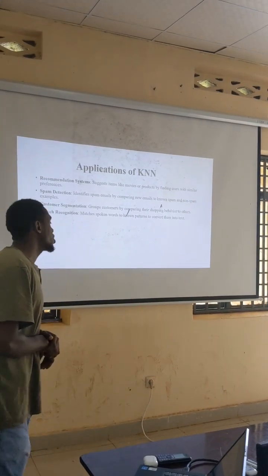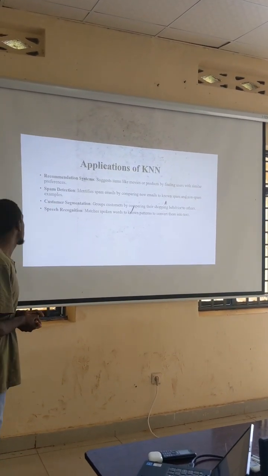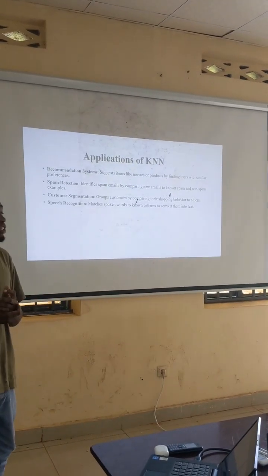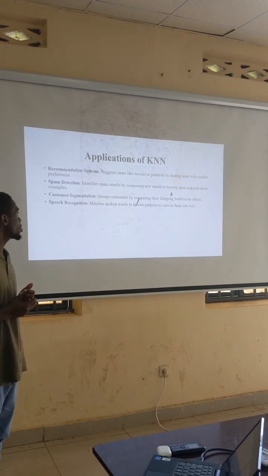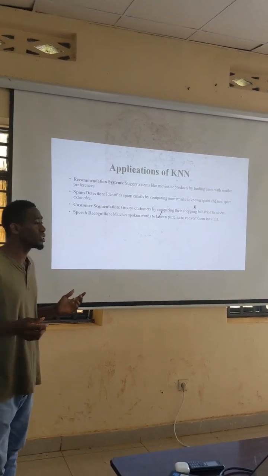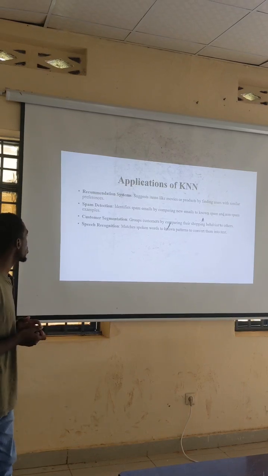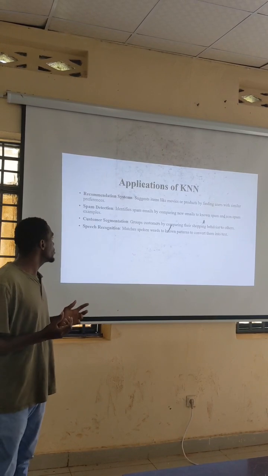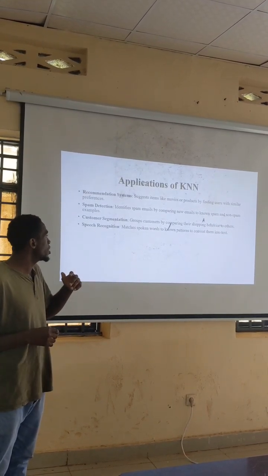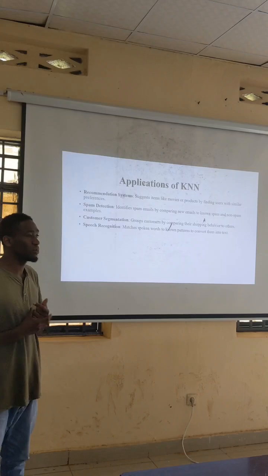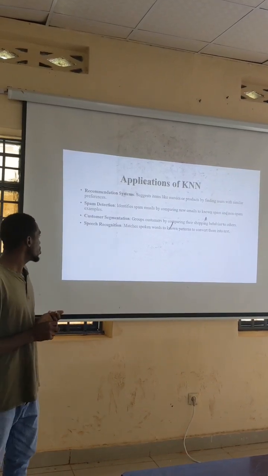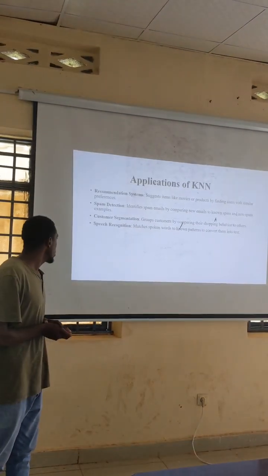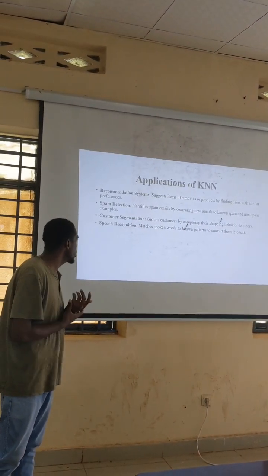Here are the applications of KNN. Recommendation systems suggest items like movies or products by finding users with similar preferences. It is also applied in spam detection, which identifies spam emails by comparing new emails to spam or non-spam examples. It is also applied in customer segmentation and in speech recognition by matching